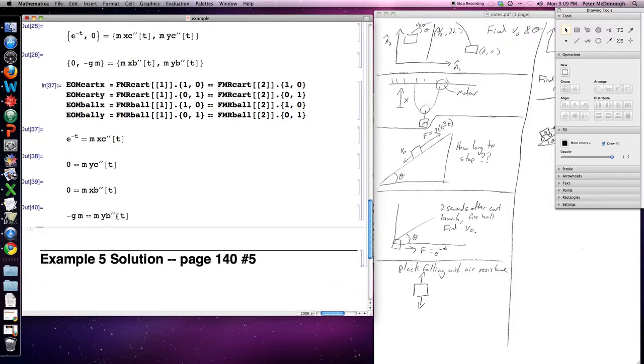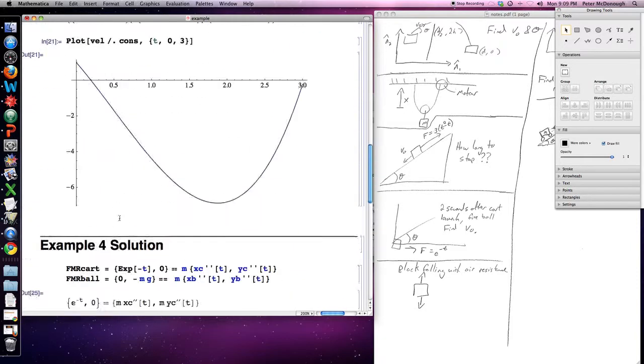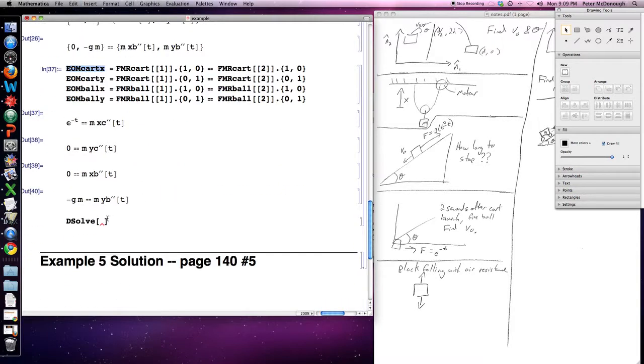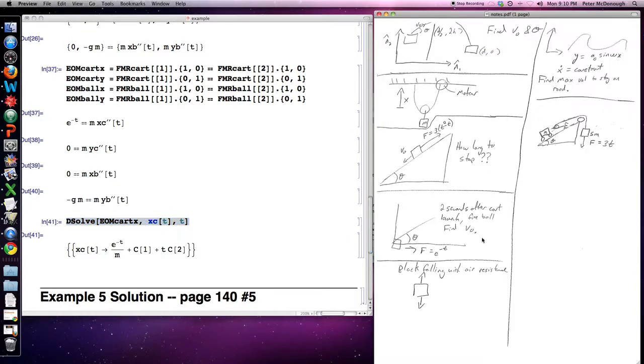All right, so now let's solve these differential equations. So DSolve this expression, EOM cart x, slash dot x of t, xc of t, comma t. All right. We've got our